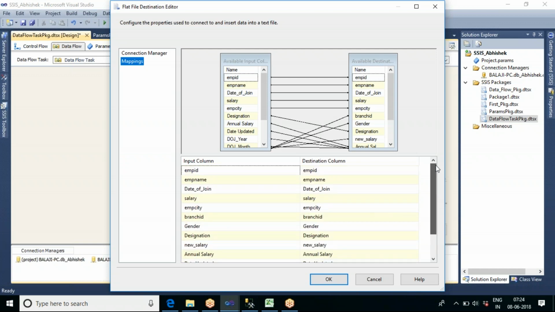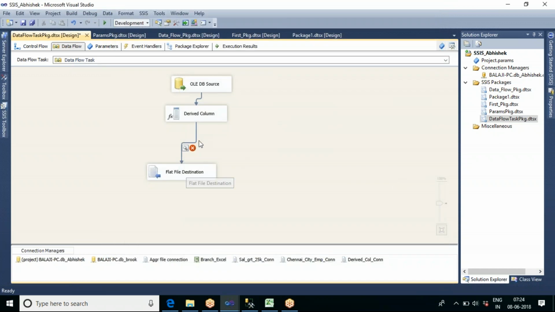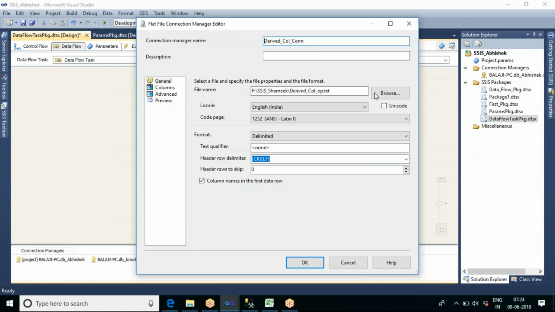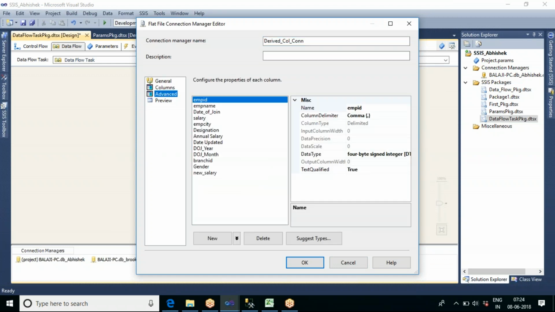So date of join, salary is not coming up here. Let me remove this. Let me go to this flat file connection, Chennai city. Derived column connection, the column section. Okay, advanced.